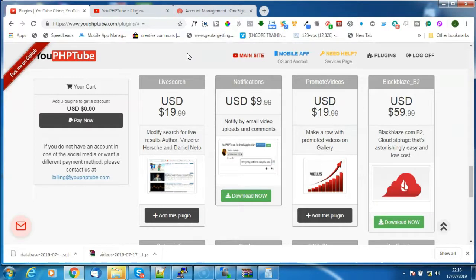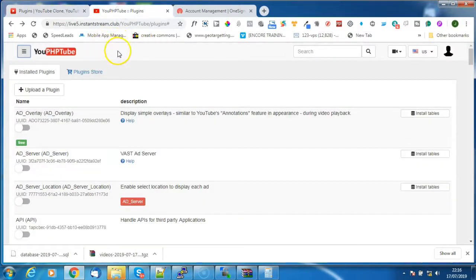So this will actually allow you to send both notifications via email but also push notifications using OneSignal and Firebase for Android devices. So I'm just going to go into my site,